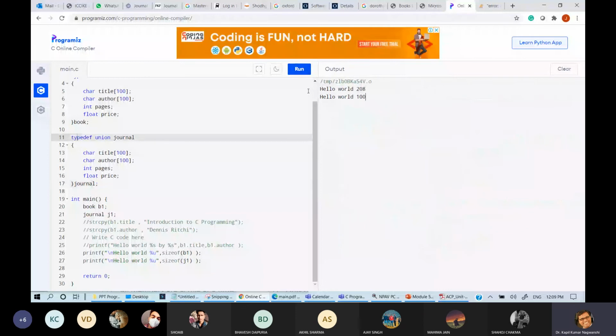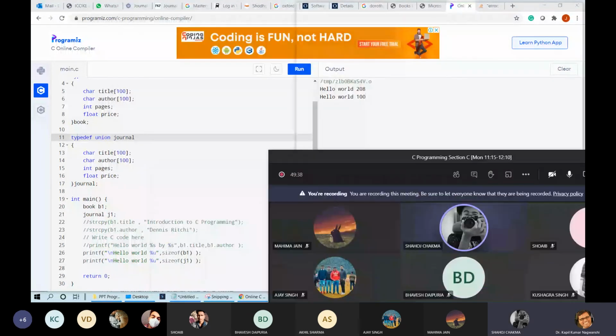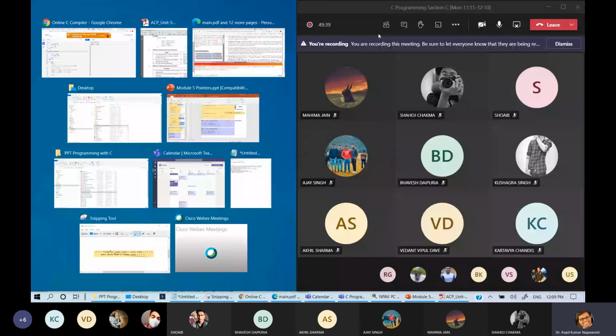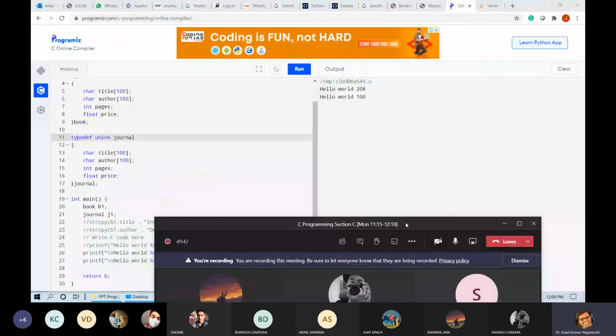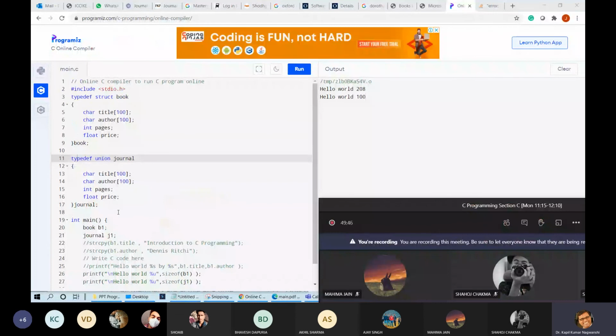Yes. So what is the difference between size? Just try to understand. Both are derived data type. Agree or not? Yes, sir. See, this is the major difference between structure and union. Okay, both use same style.